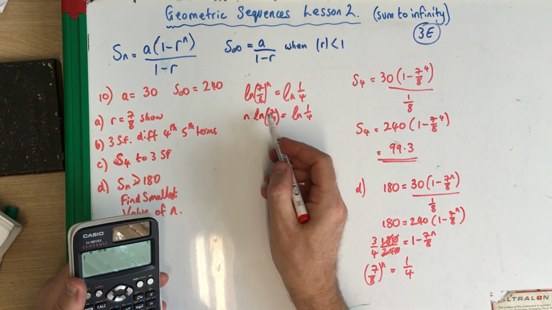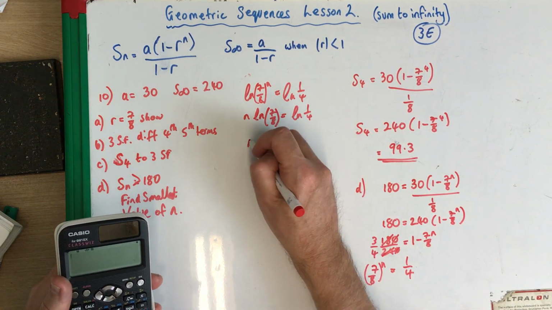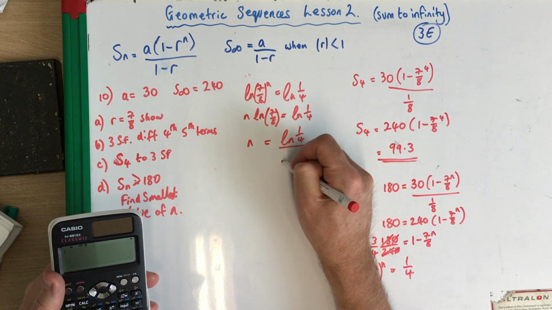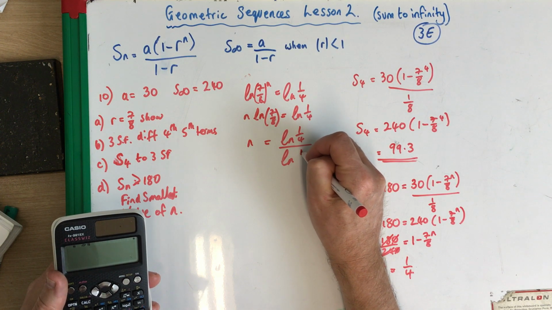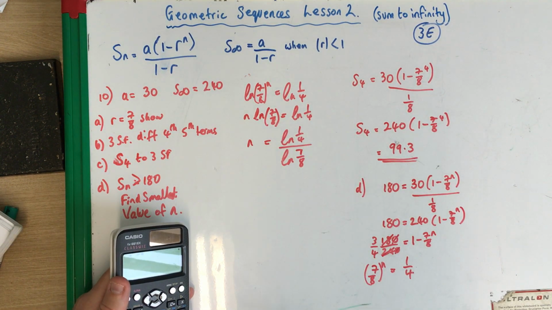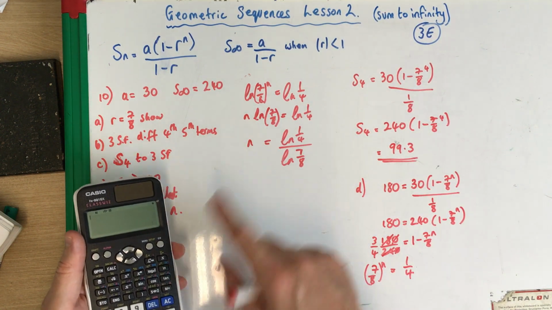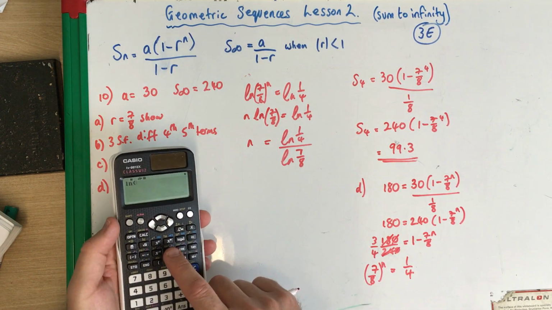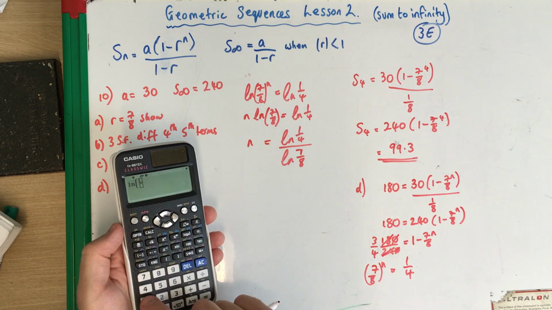Ln of 1/4 actually is a negative value. Any fraction less than 1 gives a negative log, so when we divide one by the other we get a positive number. You might not realise that, but this is a negative divided by a negative. So we're just dividing both sides by ln of 7/8. You can use just your log button, but I always use ln. So now I'm going ln of 1/4